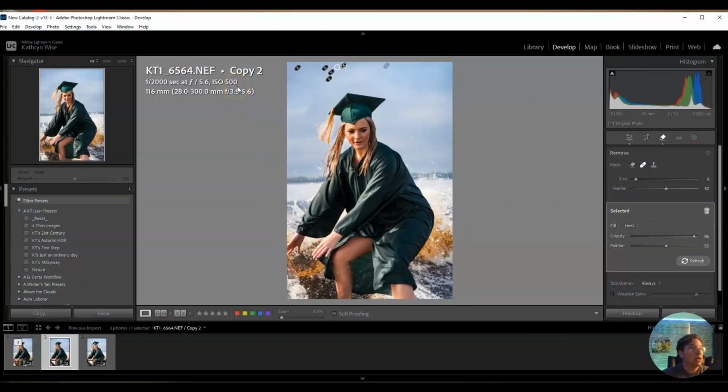Now, in this particular image, I am shooting at an ISO of 500. I was in kind of a controlled environment, so to speak. I knew where the sun was. I knew my subject wasn't going to jump over here all of a sudden, like, you know, with a bird or something. So I controlled it. I was able to lower my ISOs and kind of keep that grain factor down. But like I mentioned, with us being in wildlife, that sometimes is not the case, and we shoot at higher